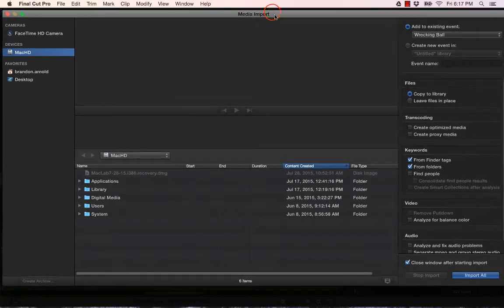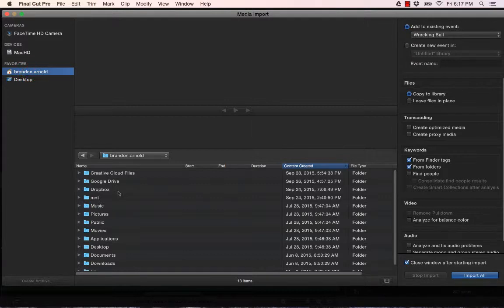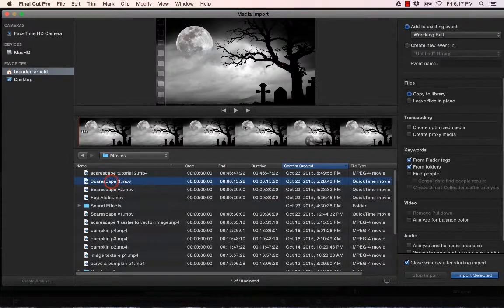Okay, and I want to find where I saved that movie. I think I put it in Movies, Scarescape 3, is that it? Yeah, okay. So let's select that, and let's look over here at our settings. Add to existing event. No, we want a new event in Untitled Library, and